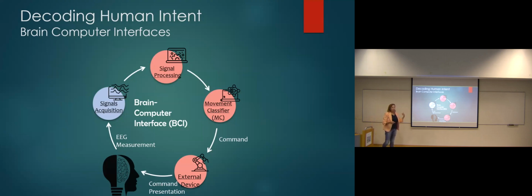So for the movement classifier, we're using what is called motor imagery BCI. The person is just imagining the movement that he wants to do, or the movement that corresponds to the command that he wants to issue. The movement classifier gets the EEG information and then decides what was the intended movement, and sends a command to the external device. So for example,